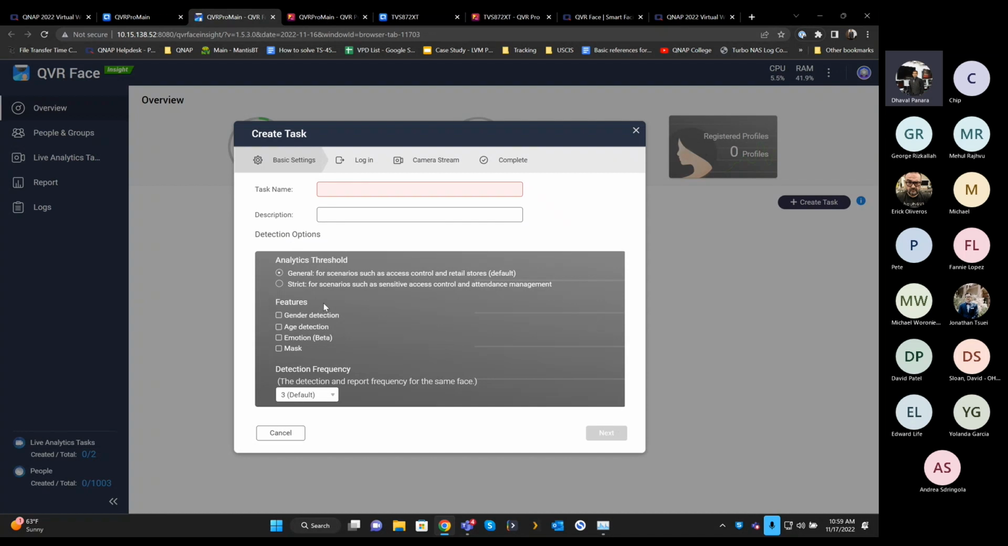Then you can choose general for retail stores, which are more general facial recognition. You can just select general, but for strict needs like access control and attendance management, we recommend strict. You can do gender detection, age detection, whether a mask has been worn, or emotion detection as well. Those are all supported. And then let's say